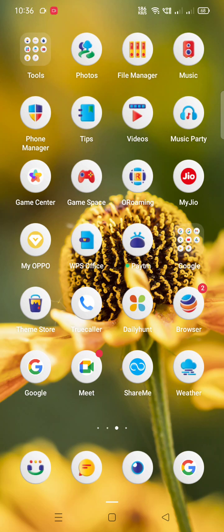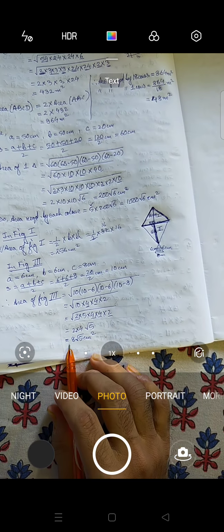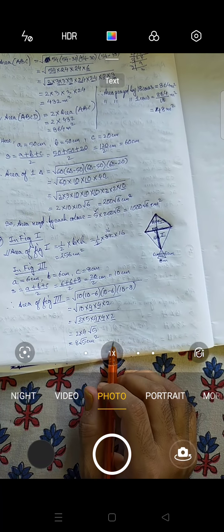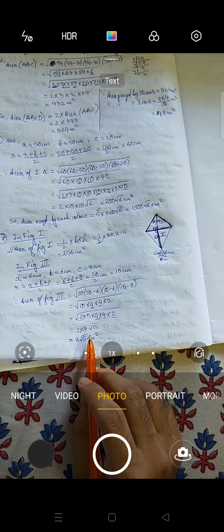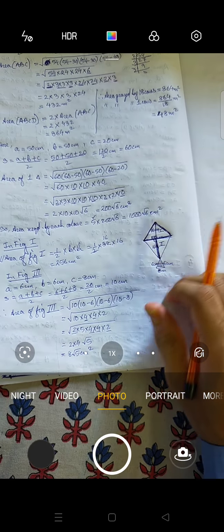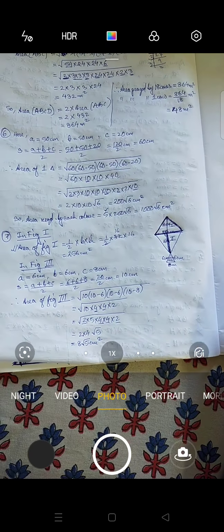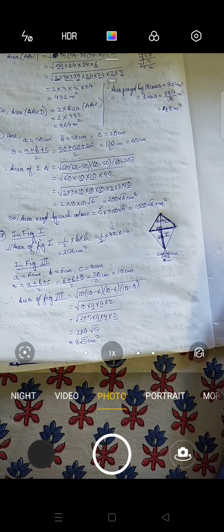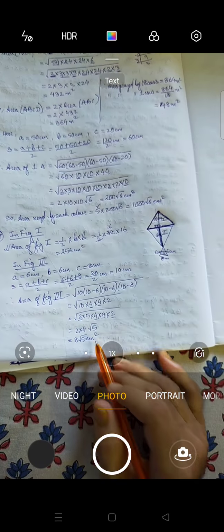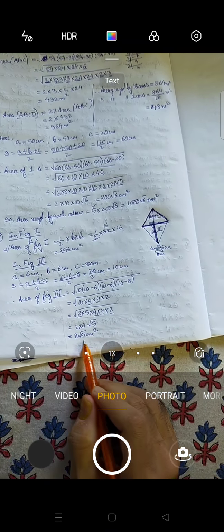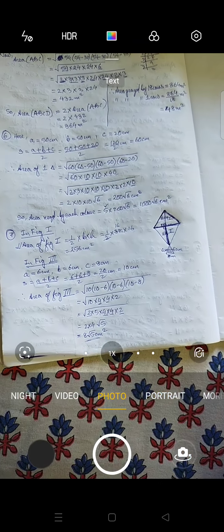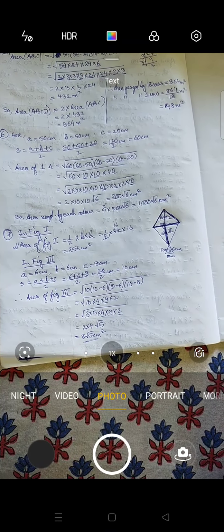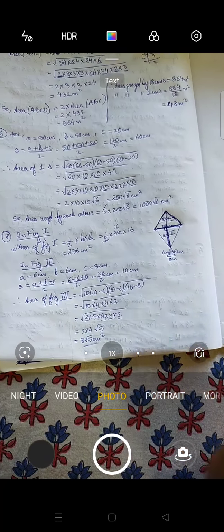Centimeter square. Now you can leave your answer this way. You can leave your answer as 8 root 5 centimeter square. Okay. No need to find the value of root 5 because in the question they don't tell you to find the area of this kite. If they tell you to find the area of this kite, then you have to add all the 3 values, and in that case you have to find the value of root 5. Understood or not? Okay, so this is over.